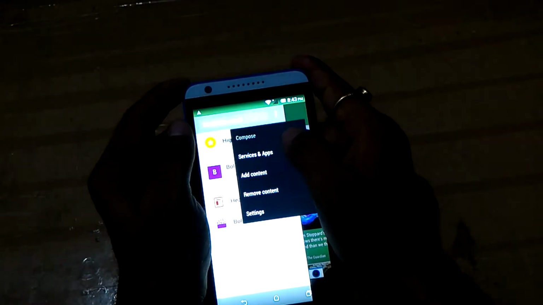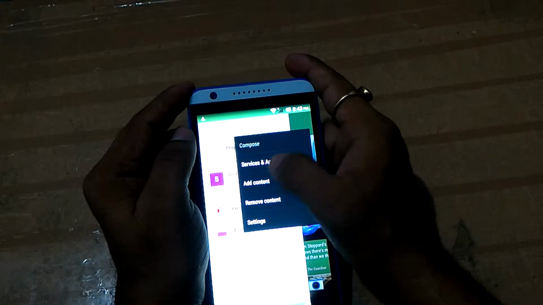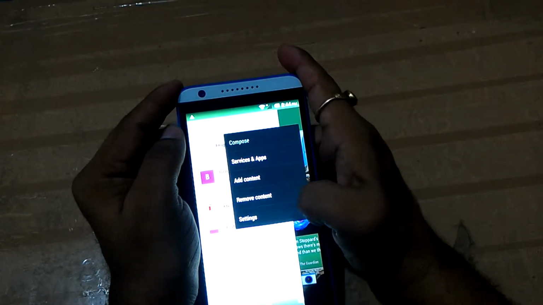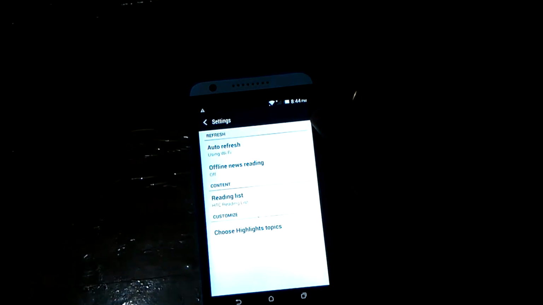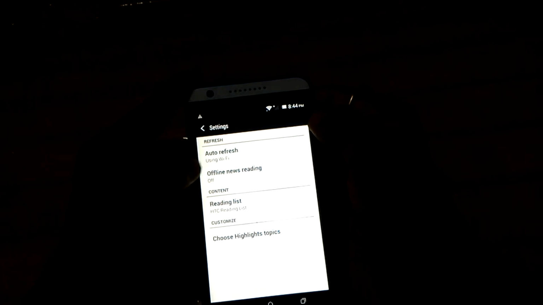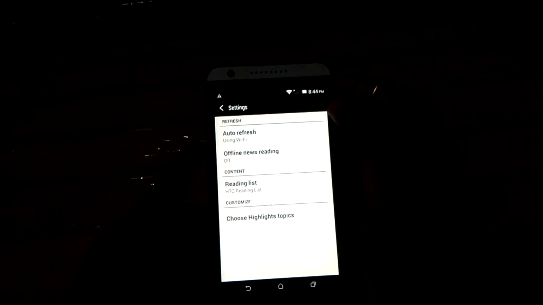Now you can see on the top compose, after it services and apps, after it add content, after it remove content, and after it settings. So first we check in settings. We can see in the settings area auto refresh, offline news reading list, and choose highlight topic.